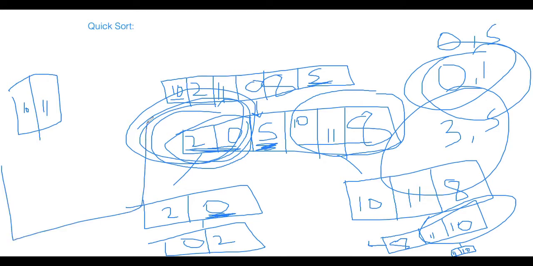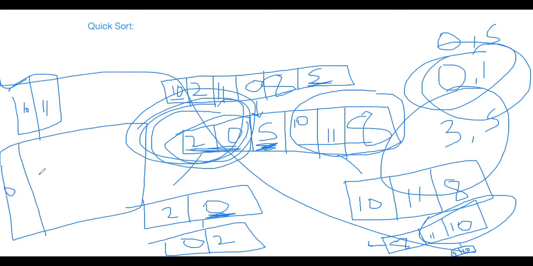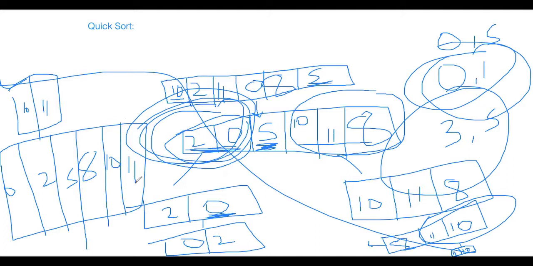At the end, what will we get? Just look at the positioning. 0, 2, 5, 8, in the beginning first of all 0 from here, 2 from here, and then 5 being the center, and here 8, and from this a small subarray 10 and 11. Since we are dividing everything using a pivot, and we are always saying that the pivot is coming around the middle, right?